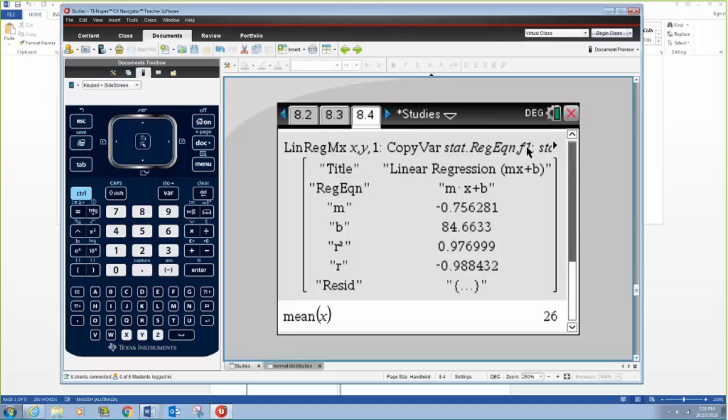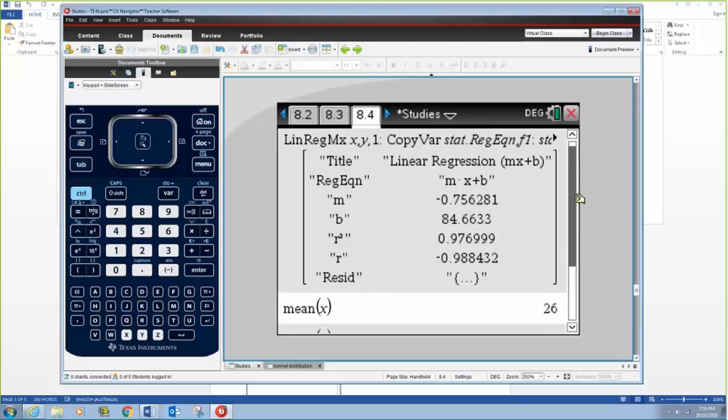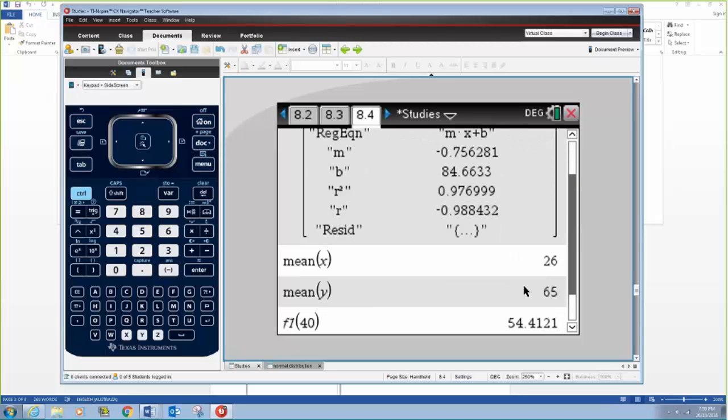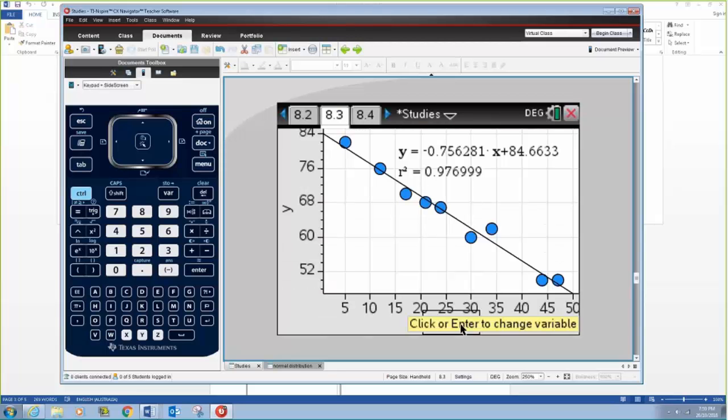If they start on a new problem, it says it's saved in F1 or whatever, and then this equation can be used. Of course, they can use the mean for X and the mean for Y, but just by typing, and if they go back, so we see 26, and this other value will lie on the regression line, and this point needs to be marked clearly with the